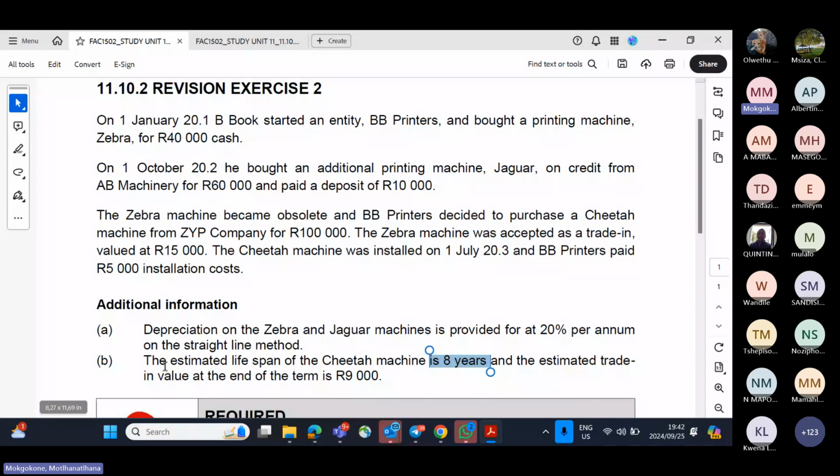Additional information B is saying the estimated lifespan of the cheetah machine is 8 years. This is the useful life of the cheetah machine. And it is saying the estimated trade-in value at the end of the term is 9,000. And remember, you said your depreciable amount is your cost price less your residual value, which is how much? Residual value is 9,000. And if we go back to additional information, they are saying the zebra machine became obsolete, no longer in use. The zebra machine we bought on 1st of January became obsolete,